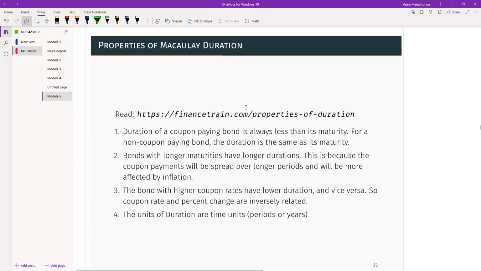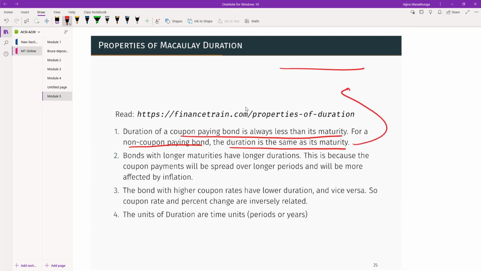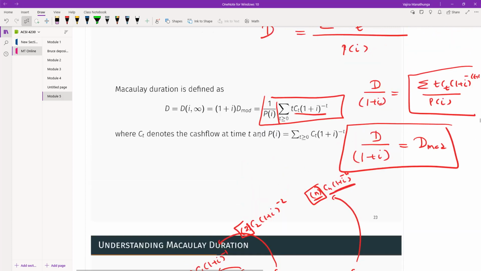So here are some properties of Macaulay duration. The duration of a coupon paying bond is always less than its maturity. For a non-coupon paying bond, the duration is the same as its maturity. Of course, you can prove this part very easily. If I have only one cash flow, at time n only Cn, then what's the Macaulay duration? If I use the formula from here,